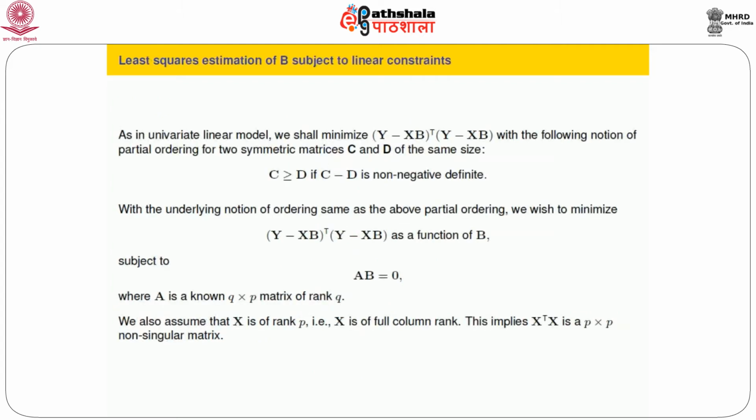What we also saw is that in the unconstrained estimation problem, the projection matrix onto the column space of X played a crucial role. In this case, we have tried to take the same approach and succeeded. First of all, we define the matrix A1 as A post-multiplied by (XᵀX)⁻¹, and notice that AB = 0 if and only if A1θ = 0. What is θ? θ is Xβ. So we are transforming the argument involving B to arguments involving θ.